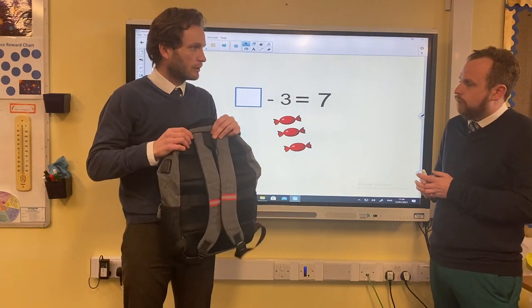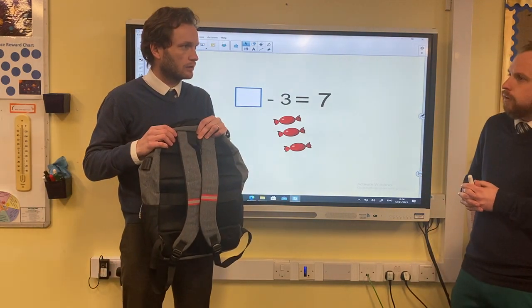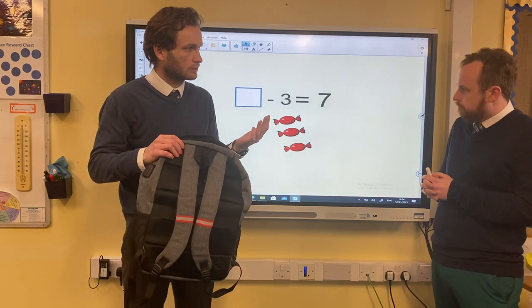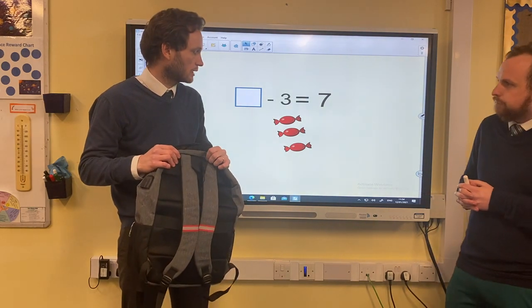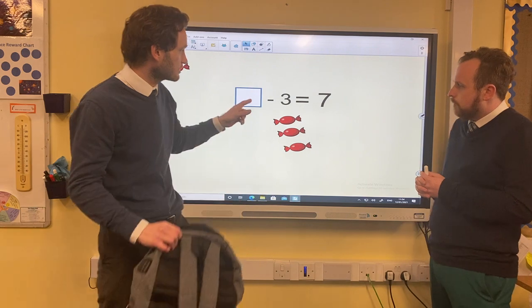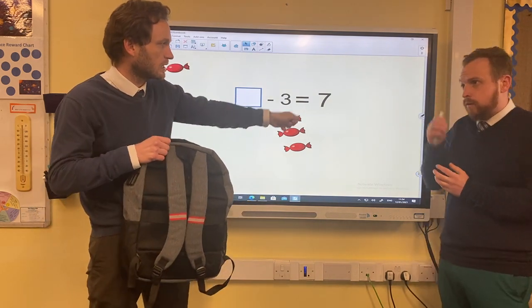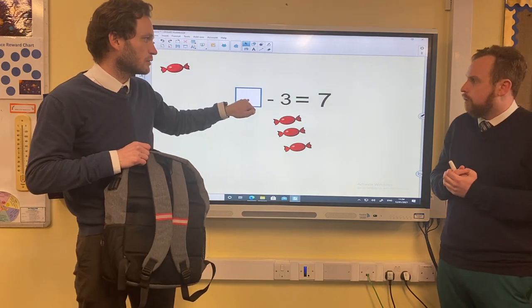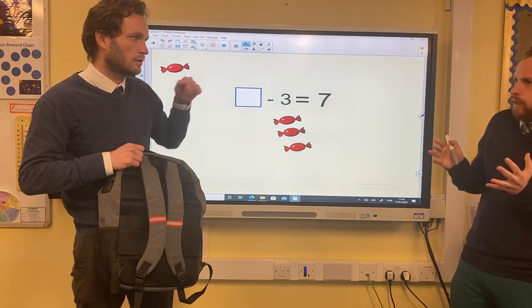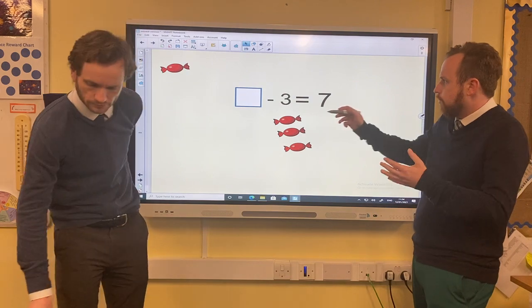And now in my bag, I have 7 sweets. So I start off with some sweets, take away 3, end up with 7. Is that number going to be bigger or smaller than 7? Well, it's going to be bigger because what I'm thinking is,